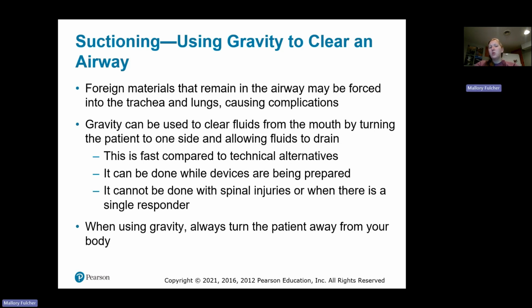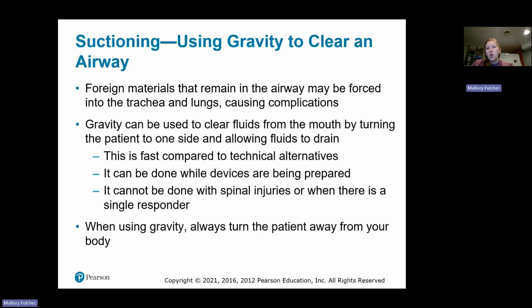When we can, we always like to use gravity when we're assisting our patients with clearing their airway. So we do like to lay them on their side. For a few different reasons, we always want to lay them on their left side. It doesn't have to be, but there's a few circulatory things that are better if the patient's laying on their left side. So we try and do left side, but let gravity kind of help get everything out of